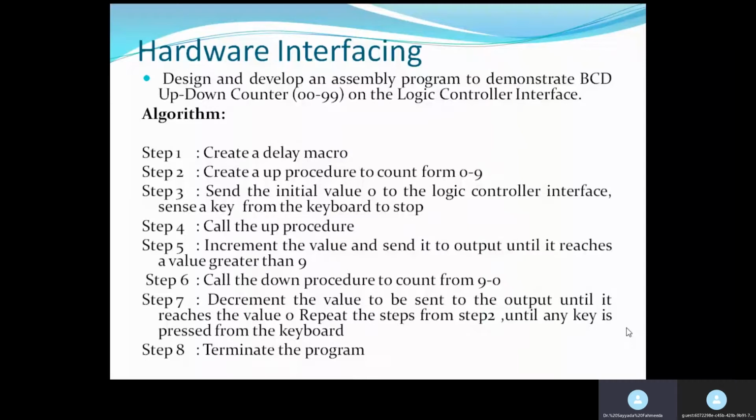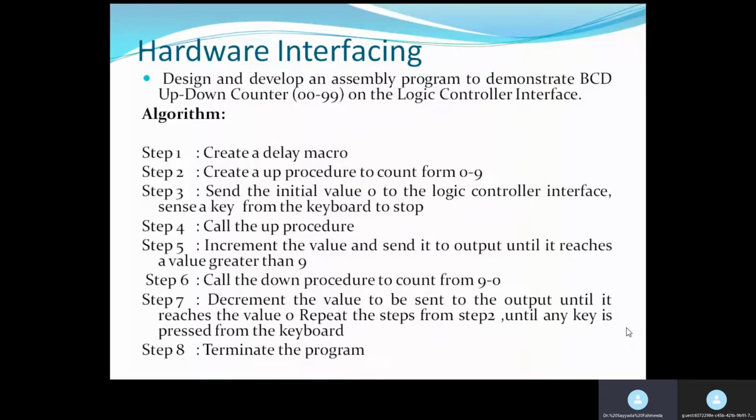After sending the control word to the logic controller, the fourth step is to call the up procedure, because we need to start from 0 and go to 9. The next step is to increment the value and send it to output. So 0 has to be displayed on the logic controller, then 1, 2, 3, 4.